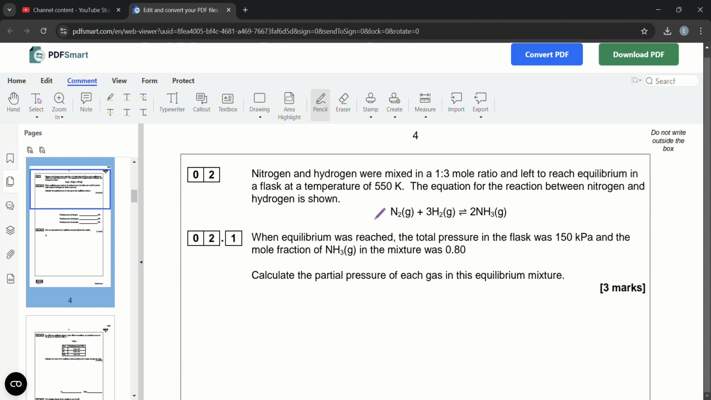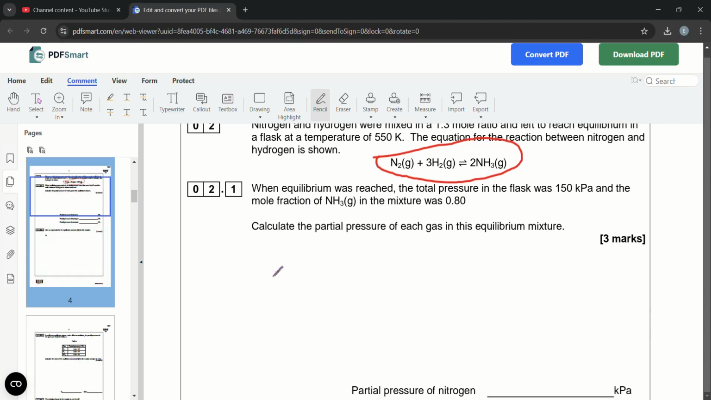Nitrogen and hydrogen will mix in a 1:3 mole ratio and left to reach equilibrium in a flask at temperature of 550 Kelvin. The equation for the reaction between nitrogen and hydrogen is shown. There's the equation. When equilibrium was reached, the total pressure in the flask was 150 kilopascals and the mole fraction was 0.8. So the partial pressure